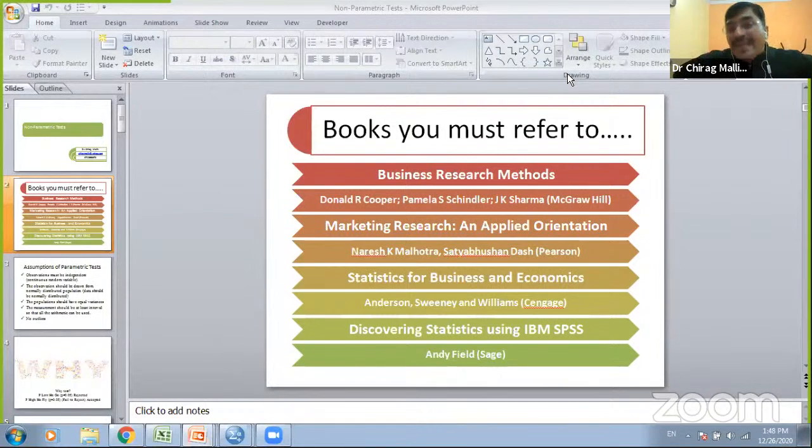So this is the key. Better is always to increase the sample size, Tushti. Okay, great. What is the difference between chi-square test and cross tabulation? How to determine which should be applied? No, Dr. Sarita, I think